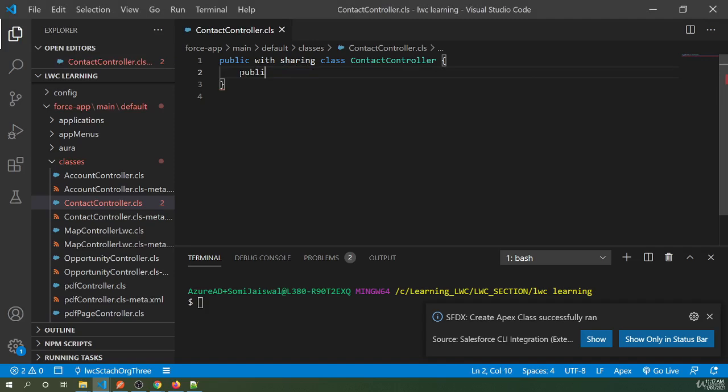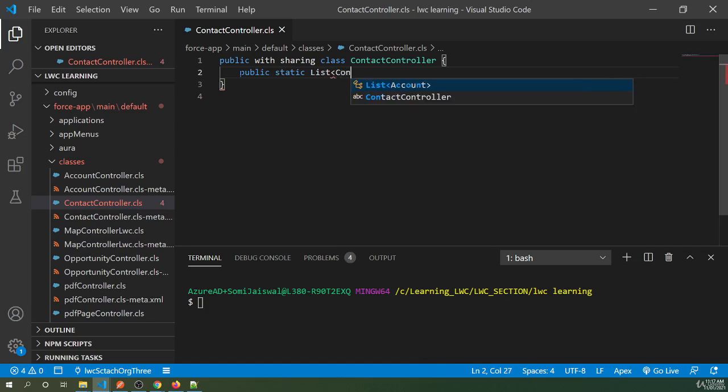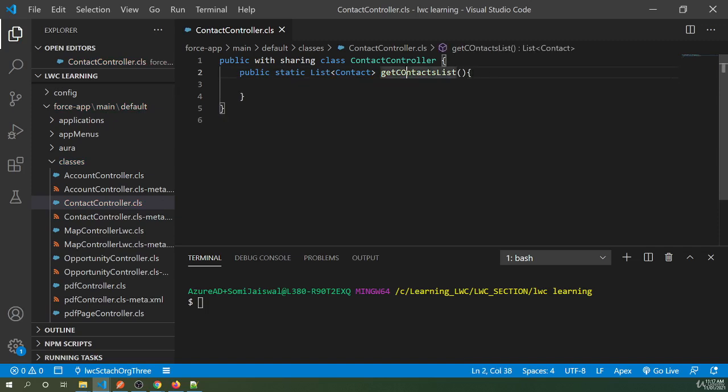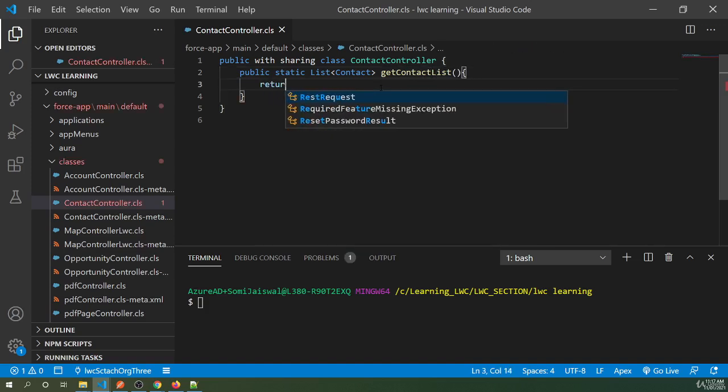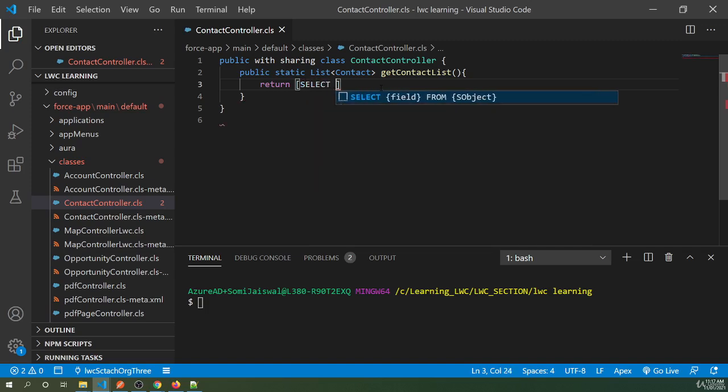I'll say public static. I want the return type of Contact, a list. My method name is getContactList. It will return ID, name, title, and email. Write a query: select ID,